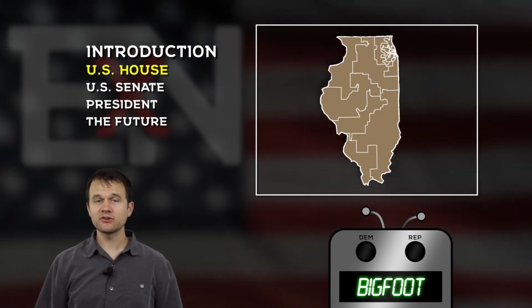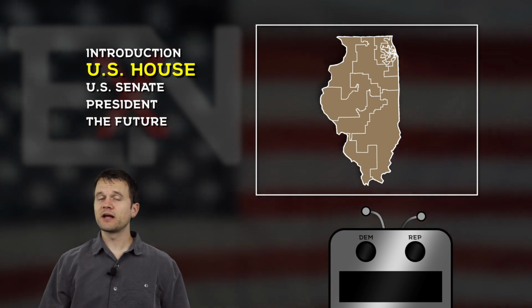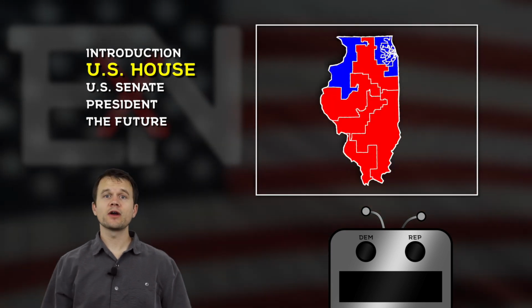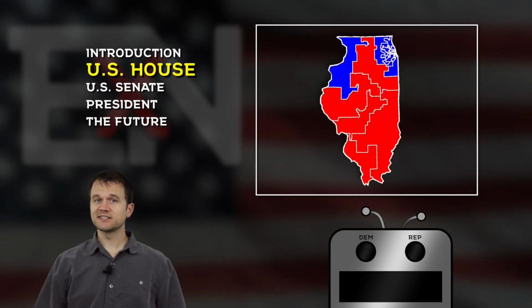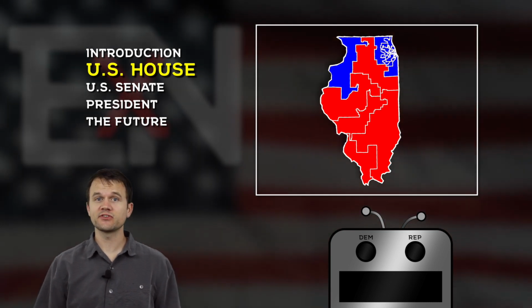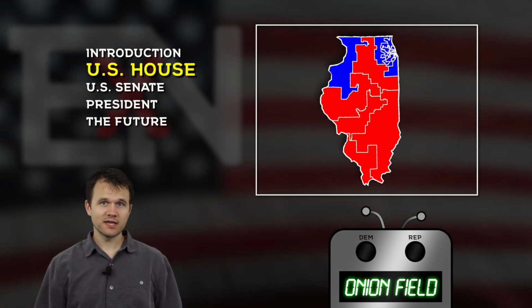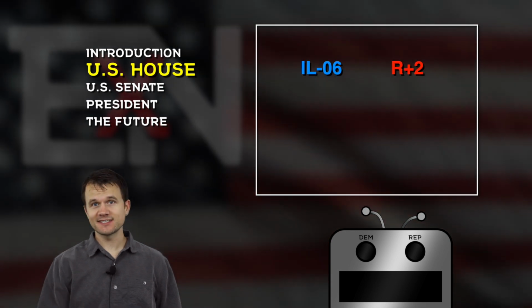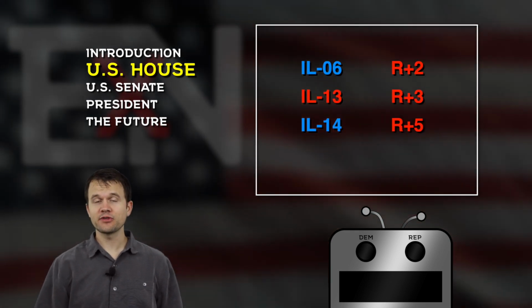Anyway, getting right into the politics of Illinois. Illinois has 18 congressional House districts, and the current balance of power is 13 Democrats to 5 Republicans. And astoundingly, 12 of those 18 districts, so that's 2/3 of the districts, encompass either Chicago or some of its suburbs. Of those 18 districts, there are 4 that I would keep my eye on this November, those being the 6th, 13th, 14th, and 17th.